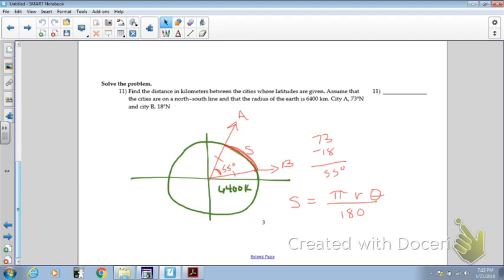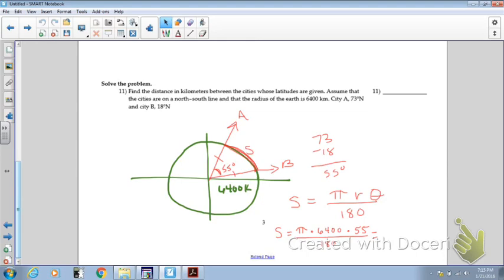R is the radius. So the arc length, or the distance between these two cities on the Earth, is pi times their radius, which is 6,400, times theta, which is 55, over 180. I'm just going to input that all in my calculator,